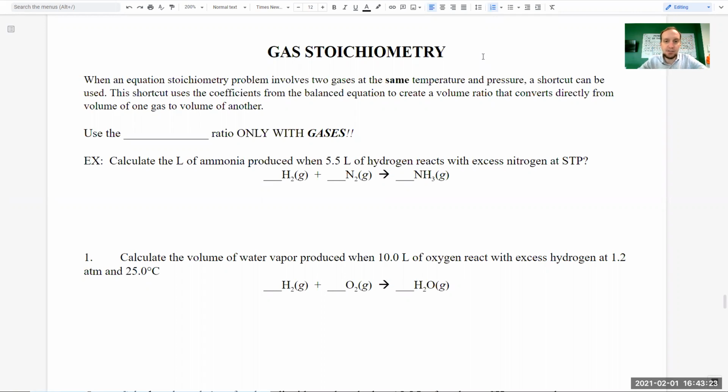All right, in this particular part, as we approach gas stoichiometry, we need to understand that if we have a chemical reaction, and they're not just two gases floating around doing their thing, but now they're actually involved in a chemical reaction, so now they're tied together and they're changing. They're being consumed, they're being converted, they're being produced. There's, again, a chemical reaction occurring. Well, if that is the case, and those gases in that chemical reaction are at the same temperature and pressure,